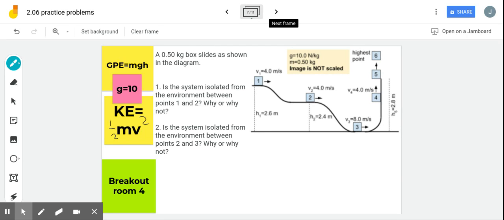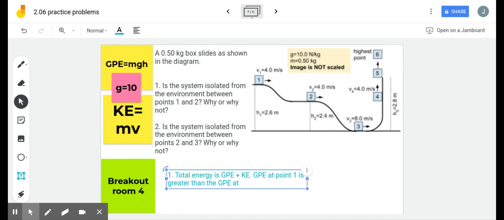It should be. First of all, if the system is isolated, that means that the total energy is the same. And total energy, let me just type a little bit. I'll make it a different color. Total energy is GPE plus KE. And what we know here